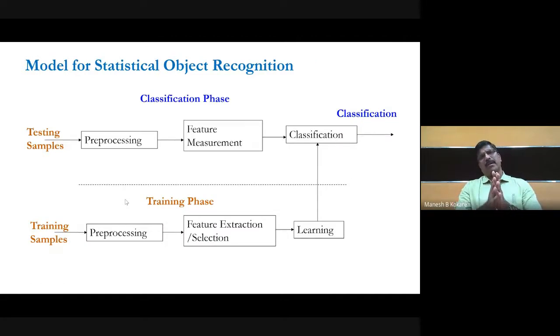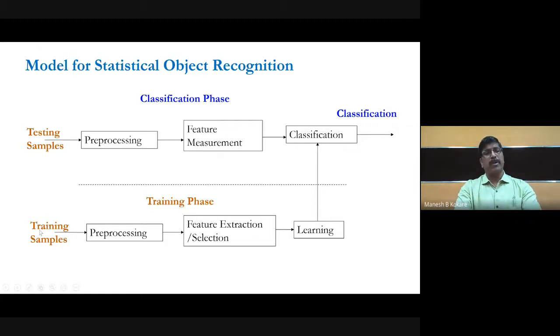You know the statistical object recognition method has two phases: one is the training phase and the other is the testing phase. In the training phase, whether it is a supervised or unsupervised learning approach, in supervised learning you have to use some samples for training and the remaining samples for testing, depending upon how many folds you are going to use.